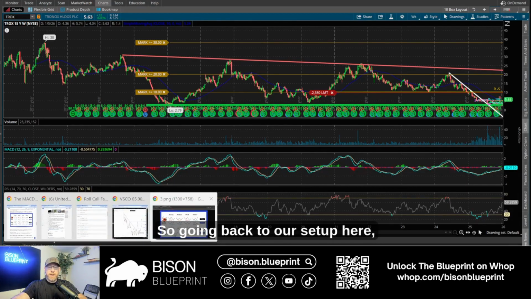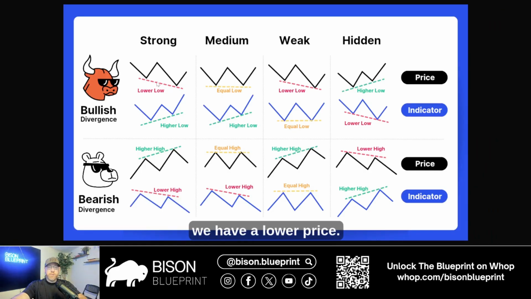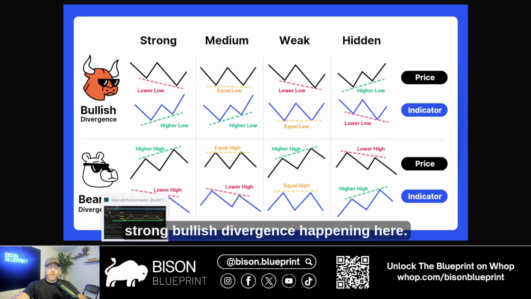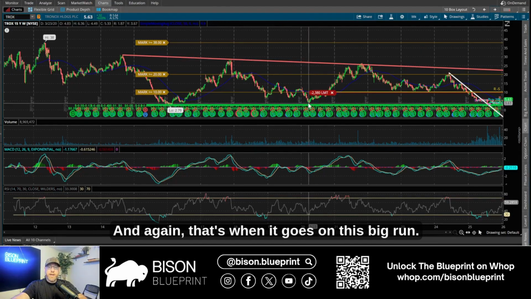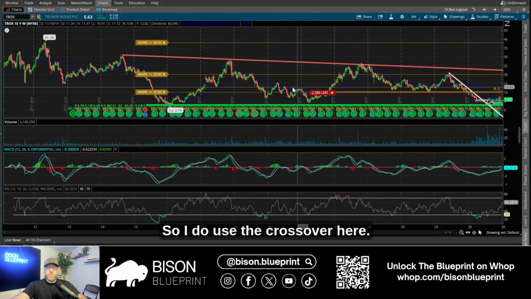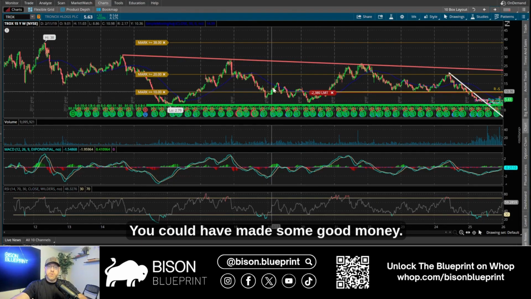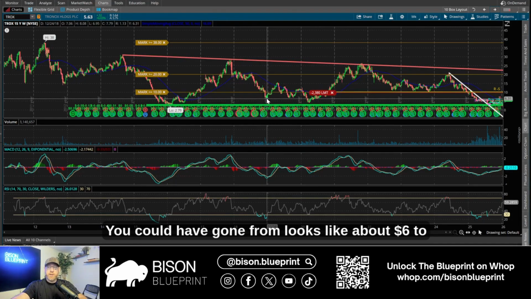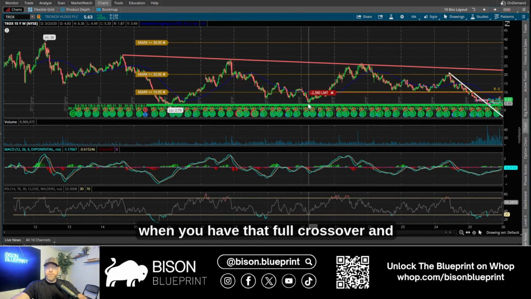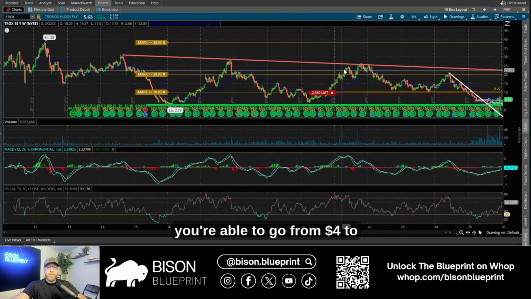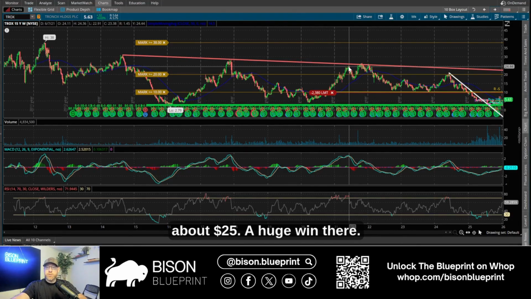So going back to our setup here, we have a lower price, we have a higher MACD, so we have a strong bullish divergence happening here. And again, that's when it goes on this big run. So had you used the crossover here, you could have made some good money. You could have gone from, looks like about $6 to $15. But here, when you have that full crossover and divergence, you're able to go from $4 to about $25, a